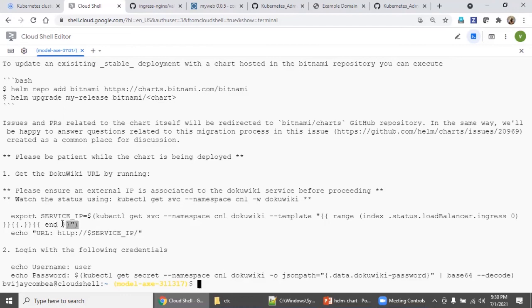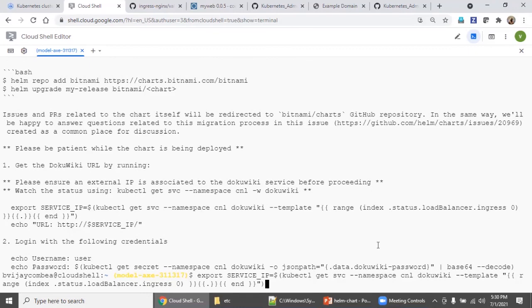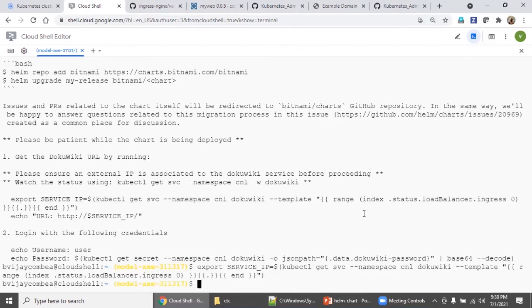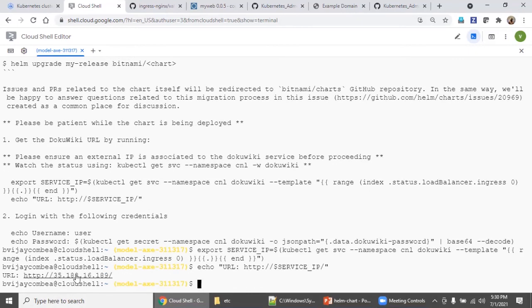So now copy this command, okay, and paste it, enter. Now I'm going to copy this and paste it. So we got the external IP.